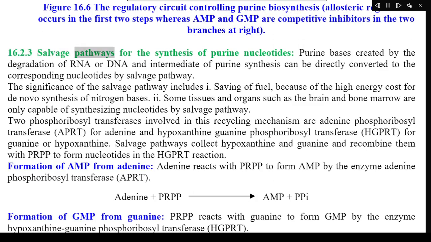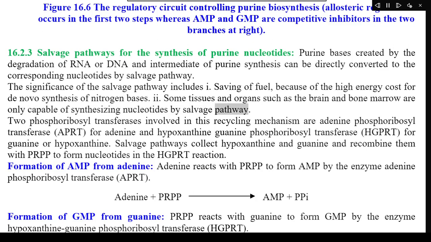16.2.3 Salvage pathways for the synthesis of purine nucleotides. Purine bases created by the degradation of RNA or DNA, an intermediate of purine synthesis, can be directly converted to the corresponding nucleotides by salvage pathway. The significance of the salvage pathway includes saving of fuel, because of the high energy cost for de novo synthesis of nitrogen bases. Some tissues and organs such as the brain and bone marrow are only capable of synthesizing nucleotides